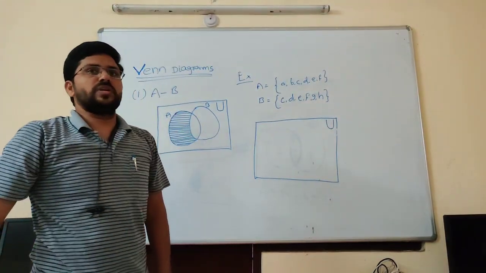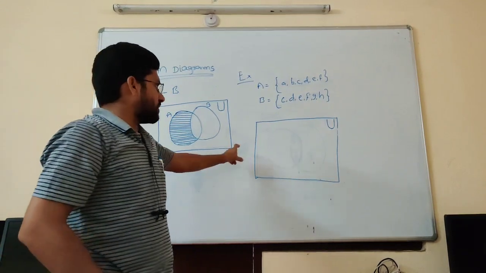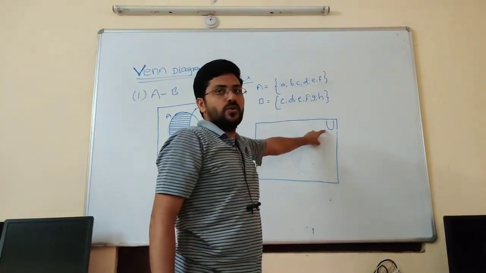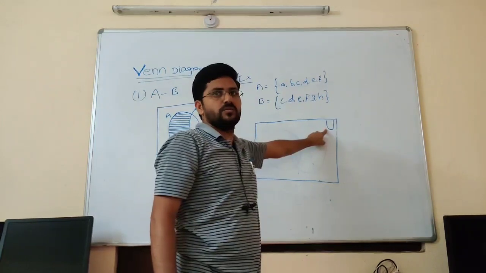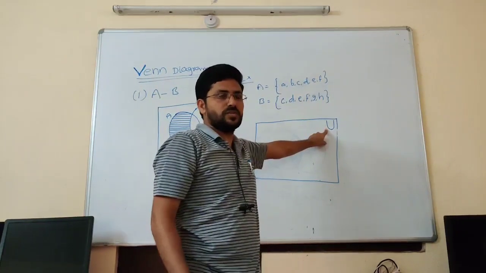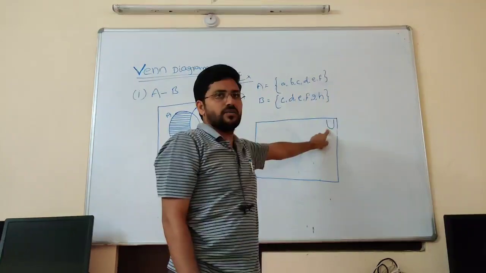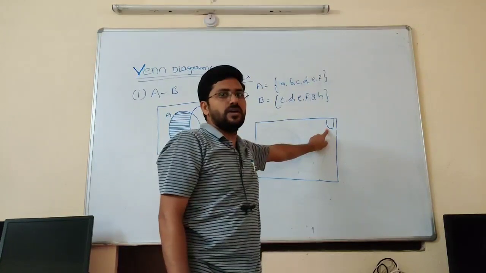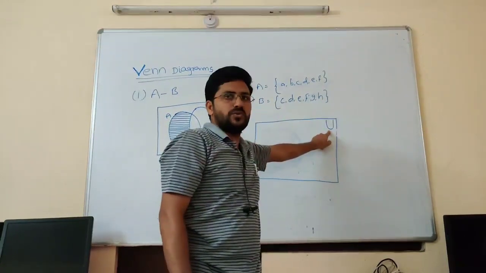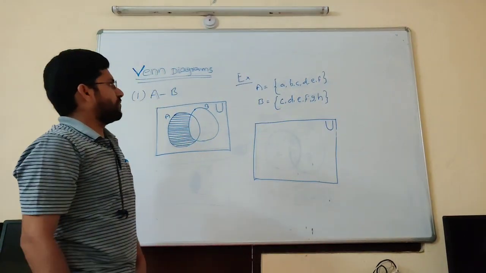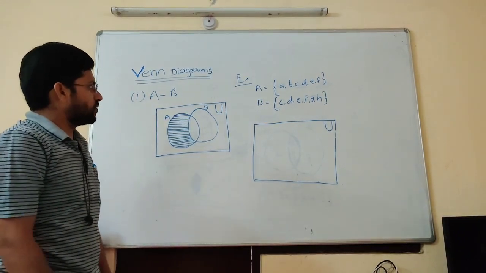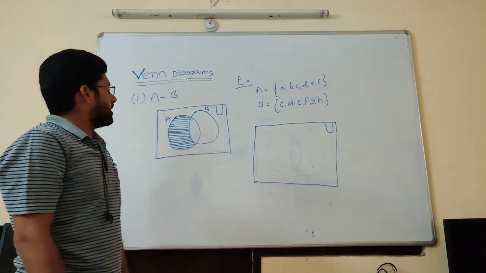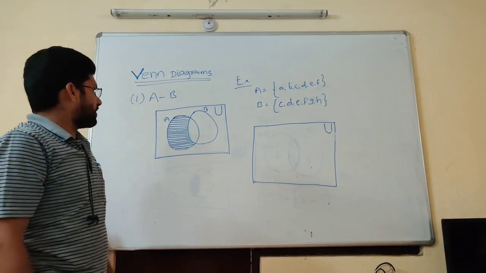Sometimes you will get this question, sir. Universal set will be represented by U or mu. So I am giving both symbols to you. Don't get confused. In the first class we have taken mu only. Now I am writing U. It indicates a universal set. Now what we have to learn? We are going to learn about the A minus B Venn diagram.